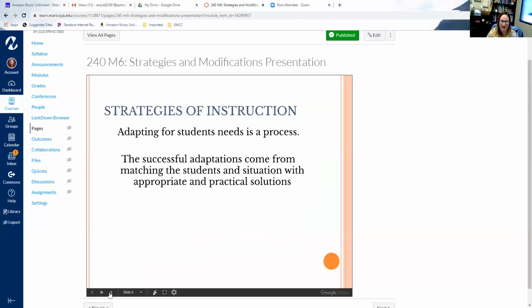So we are always adapting what we need to do for a student, and it's a process. As you can see, we find a problem, we analyze it, we think about what we need to do, we try it, and then we decide, did it work, did it not work? Being successful with those adaptations comes with finding the right match for the right student. Just because one accommodation or modification works for one individual doesn't mean it's going to work for another individual